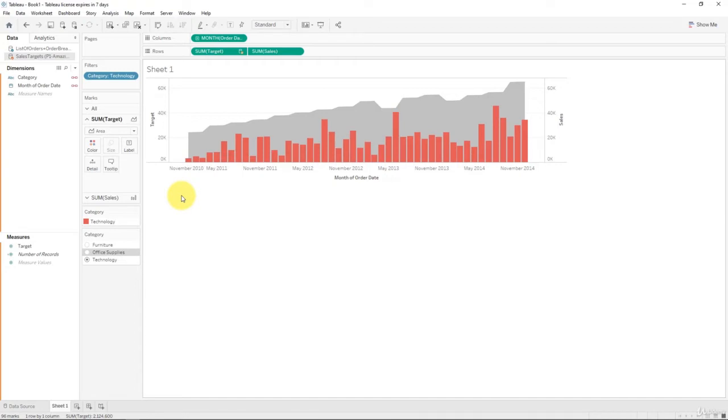And why that happened is because perhaps in your sum of target in this control window, in the previous tutorial, when you removed category from color to make the target gray, you didn't put it into detail, but you rather just removed it completely. So right now what's happening is for this chart, this gray chart in the background here, if you look at the